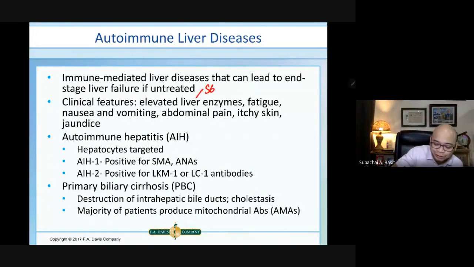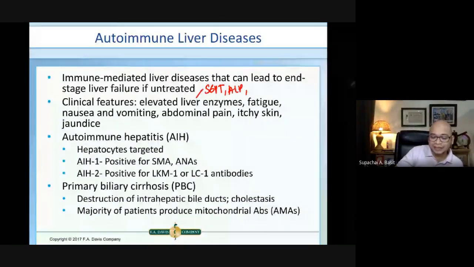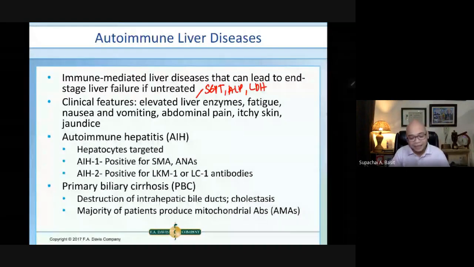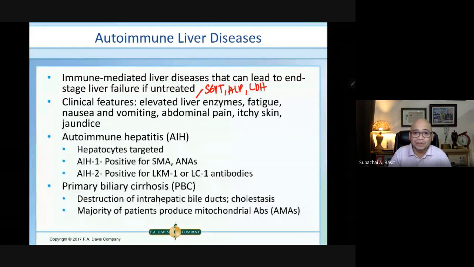So what are examples of elevated liver enzymes? So this includes your SGPT, your alkaline phosphatase, okay, your lactate dehydrogenase, among the others. Okay, fatigue, nausea, vomiting, abdominal pain, itchy skin, and jaundice. So one common example of autoimmune liver disease is known as the autoimmune hepatitis. So the autoimmune hepatitis is formerly known as the chronic active